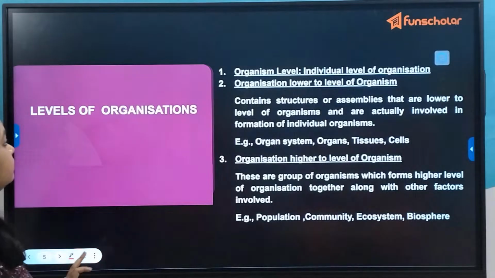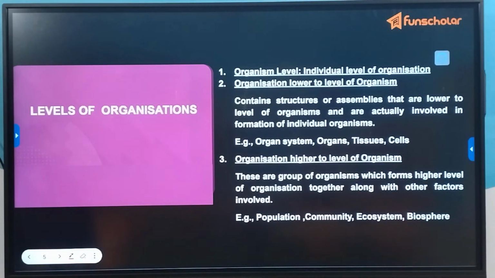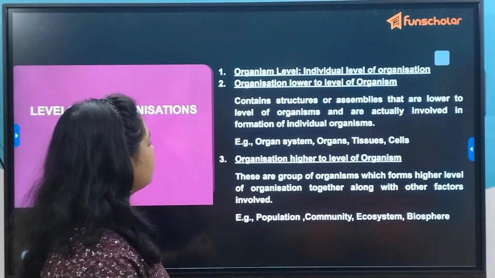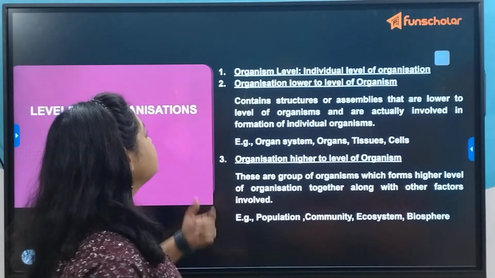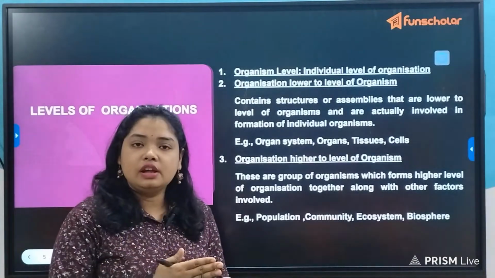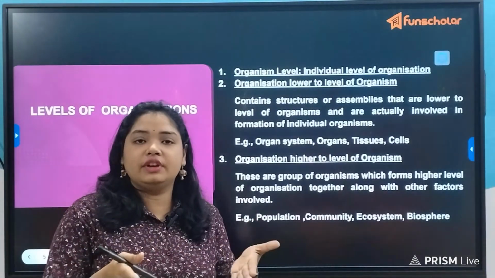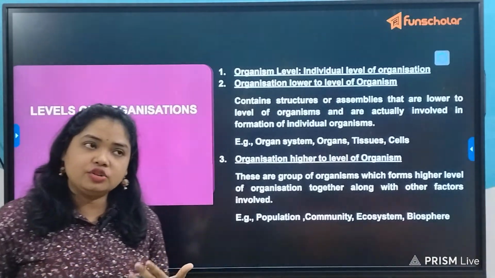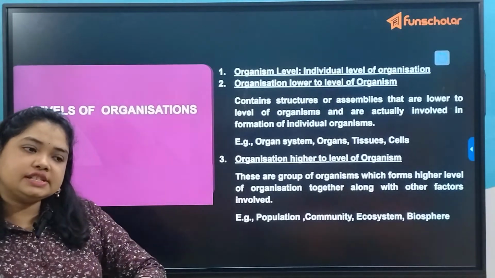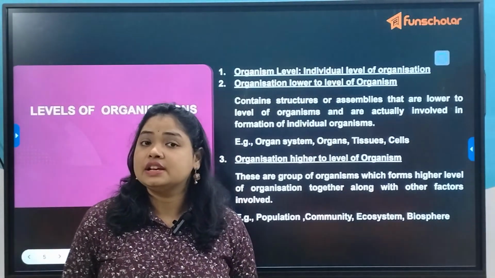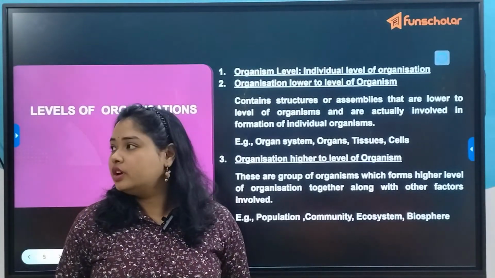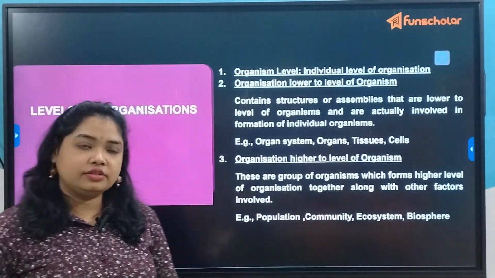Right? Now, levels of organization. So, how many levels of organization can we know? So, firstly, you can see organism level. Organism level means the level of the individual. That means we are trying to learn about that individual only, the characteristics and the pattern shown and followed in that